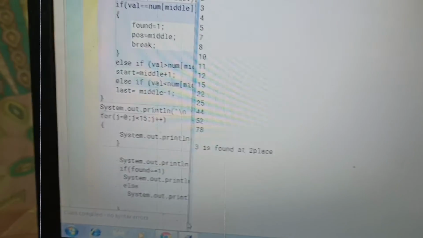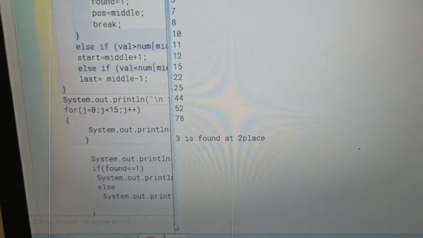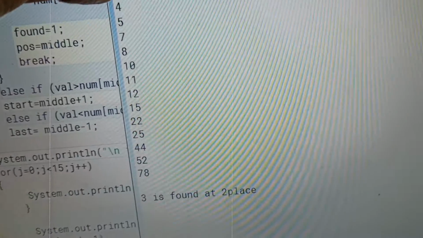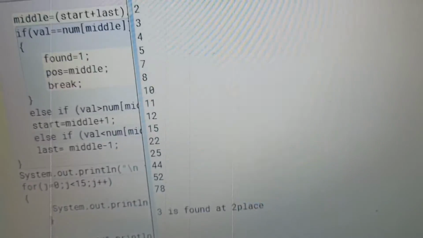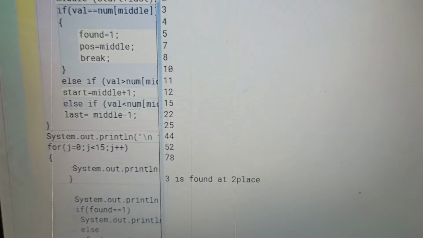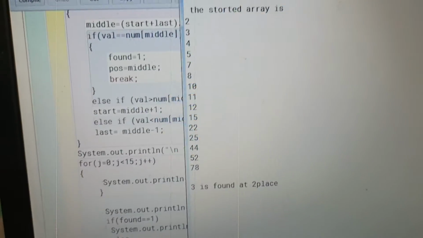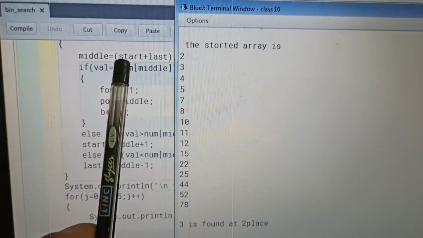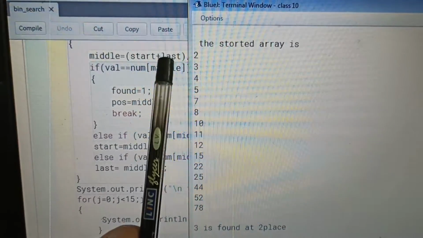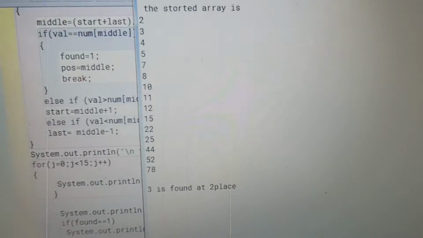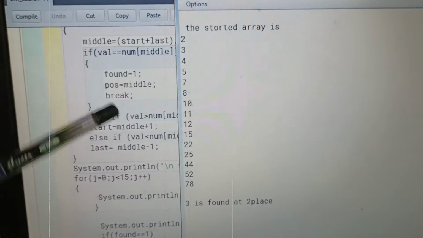The index value is coming wrong, because as you can see, it should come 0 and 1. The index value should start from 0 and 1, but here it is coming 2. It is just comparing the first index number plus the last index number, so the position has changed. It is not searching sequentially.